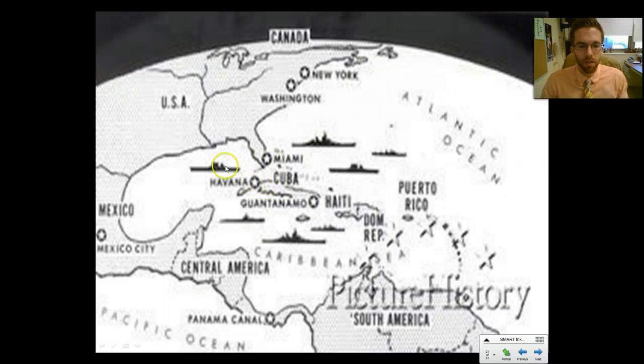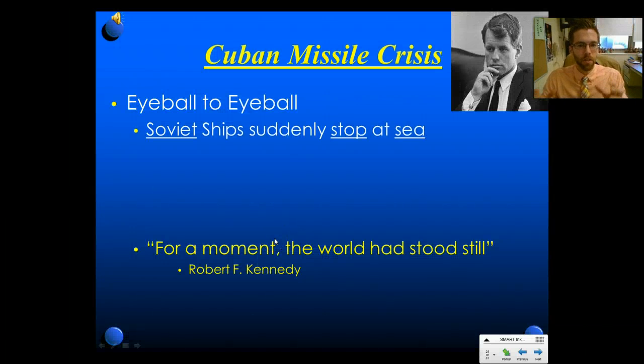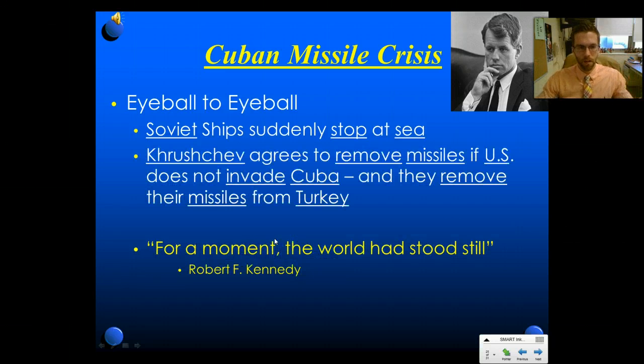So here's Cuba. You can see the blockade around Cuba. And the Soviet ships, now they're negotiating the whole time, the United States, Soviet Union, and everyone can see the Soviet ships are not turning around. The United States isn't pulling back. And the Soviet ships all of a sudden stop in the middle of the ocean and turn around, okay? And they come to an agreement.